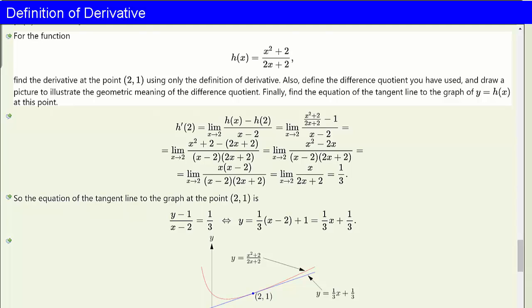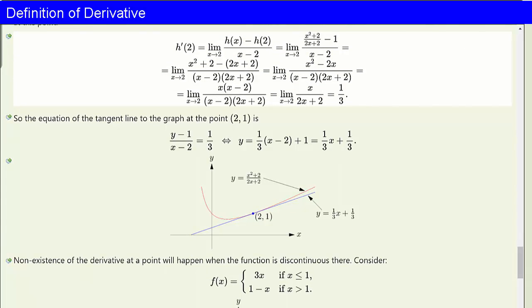For the function h of x equals (x squared plus 2) divided by (2x plus 2), find the derivative at the point (2, 1), using only the definition of derivative. Also, define the difference quotient you have used and draw a picture to illustrate the geometric meaning of the difference quotient. Finally, find the equation of the tangent line to the graph of y equals h of x at this point, (2, 1). So you would write h prime of 2 is the limit as x goes to 2 of